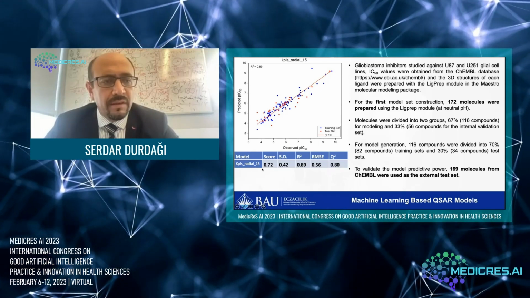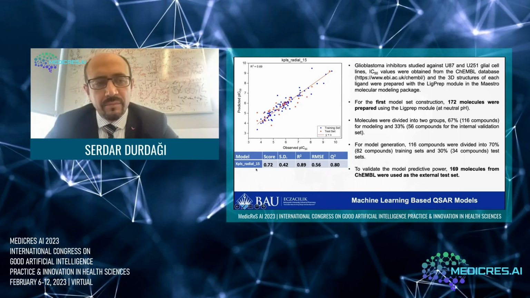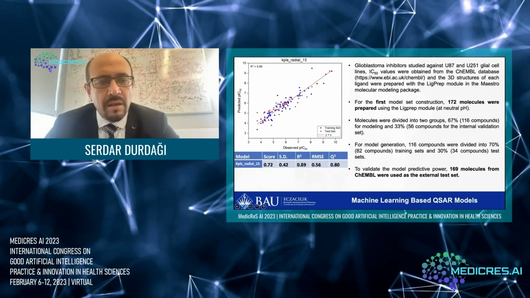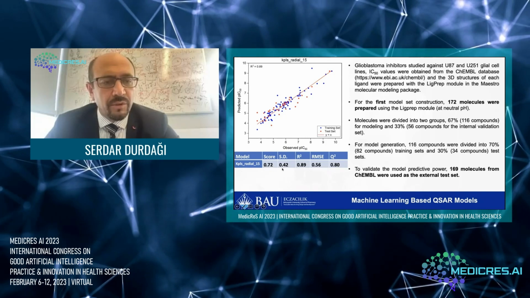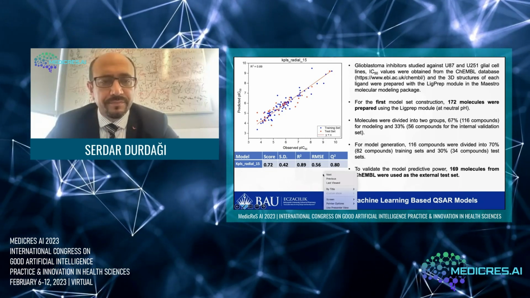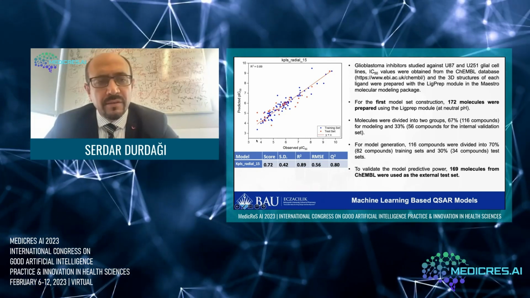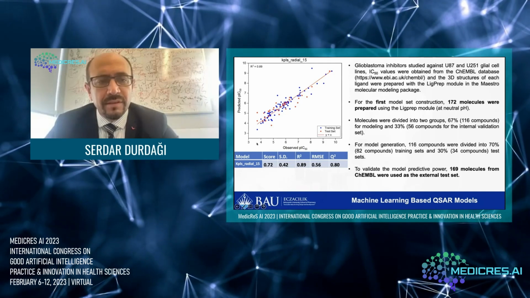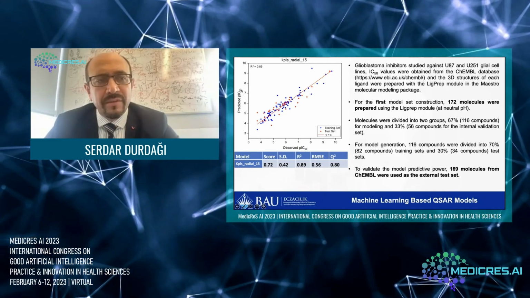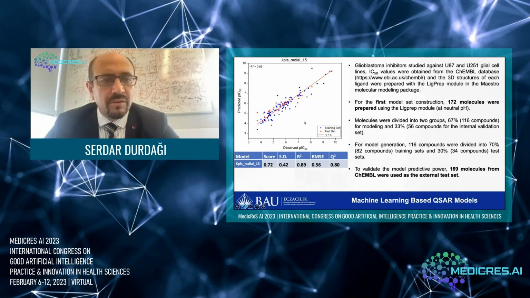We have an R score of 0.72. The top model that we received was KPLS radial 15. Our standard deviation is around 0.4, R square is 0.89, and Q square value is 0.80. Here you can see the training set and test set. The x-axis shows the observed pIC50 values, the experimental results, and the y-axis shows the pIC50 values predicted by the model. Our R square value, as you can see, is 0.89.